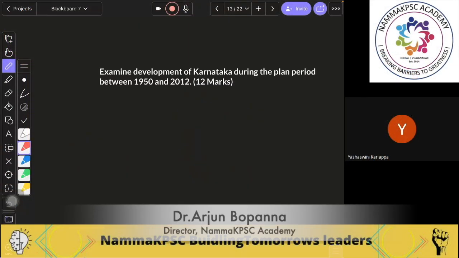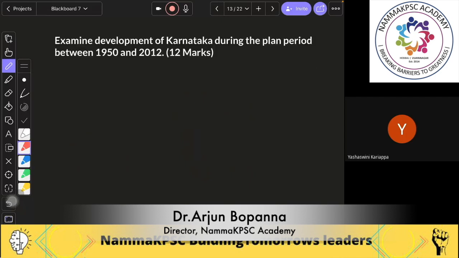Next one. So this section A, we dealt with only Indian and conceptual economic topics. The next topics are all related to Karnataka, rural development, planning and economy of Karnataka. So here the next question is, examine the development of Karnataka during the plan period of 1950 to 2012. Most of these topics which we have given have been from the economic book that we shared with you, Karnataka related. So therefore it should have been easy anyway.